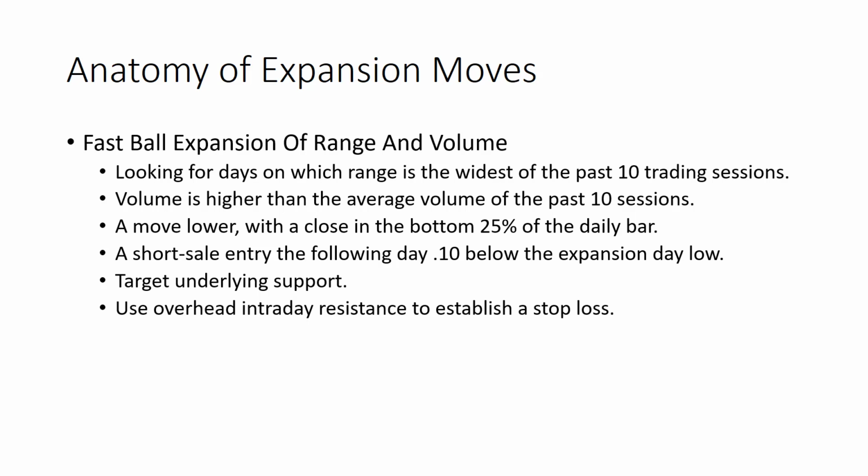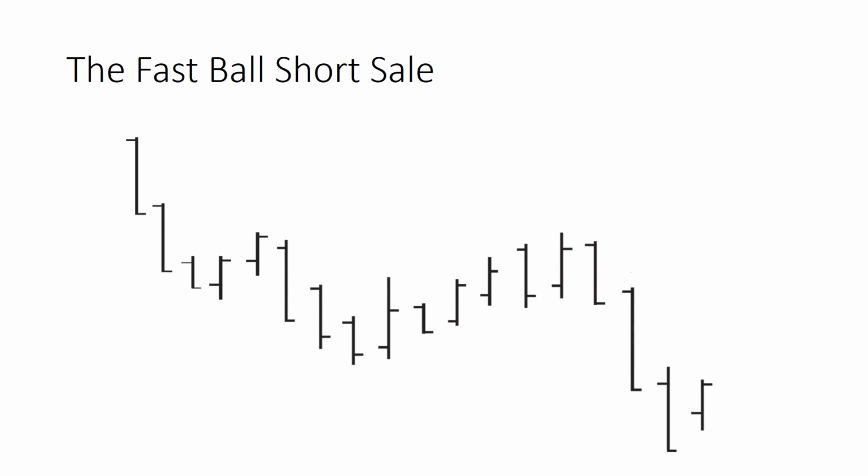I'm going to focus, like I said, on the short side of the market. I'm also going to focus on a pullback move because that's what we've been seeing lately. So that's what all the examples are. In this case, you see you've got a trending move to the downside. That's followed by a pullback to the upside. And then you get this expansion of range, expansion of volume bar. And again, you're looking at daily bars here. It opened at the top, it closed at the bottom. So we're going to look to short the stock 10 cents below the low of the bar that created the setup. So for this first example, let's just look at the most structured entry type.